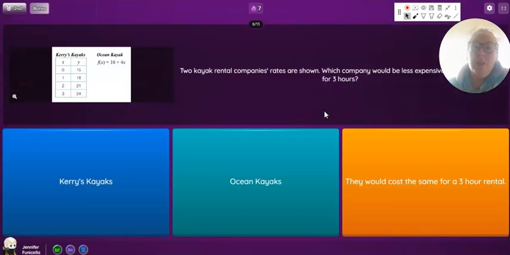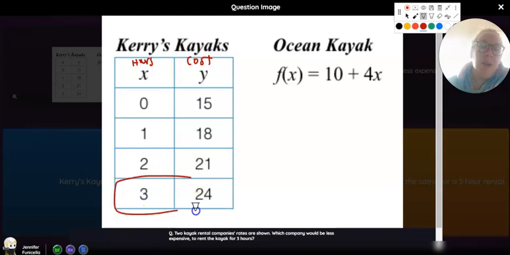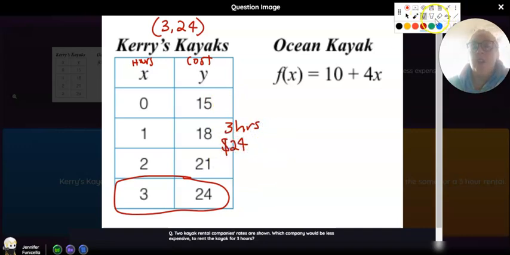Question 8, 2 kayak rental company rates are shown. Which company would be less expensive to rent for 3 hours? So when we're looking at Carrie's kayak, X is our hours, and Y is our cost. So 3 hours, we see right here, is $24. That's going to be a point on our graph. 3 hours, $24. Looking at Ocean's kayak, we don't have all those points, but we can take our X value of 3